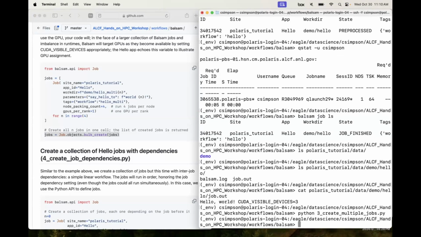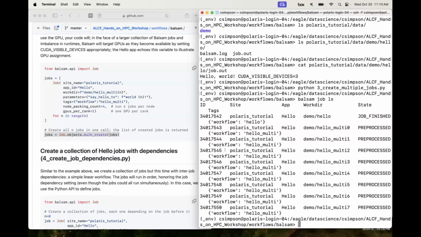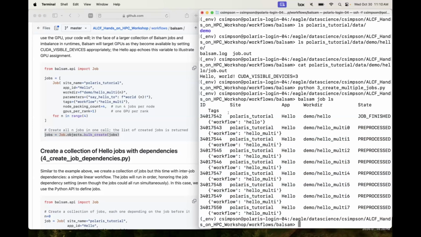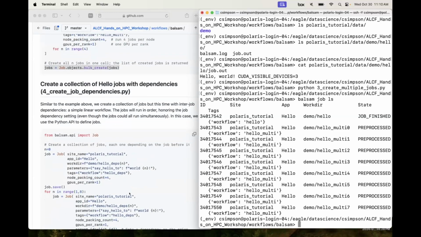Let's see. All right, and if I do Balsam job ls, I can see that I now have a bunch of, I guess this said 4 here, but it created 8 for me. So I guess the scripts and the README are not consistent, but it created a bunch of these hello jobs with this tag hello multi in my site, and they are pre-processed. So I could then spin up a batch job on the scheduler with that command line command again, or alternatively, you can also do that through